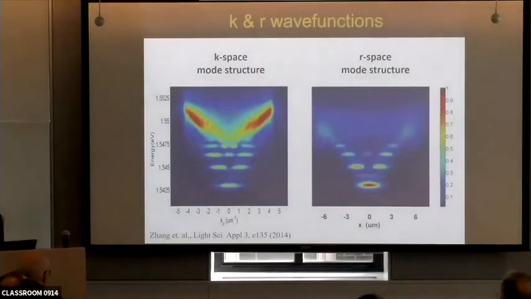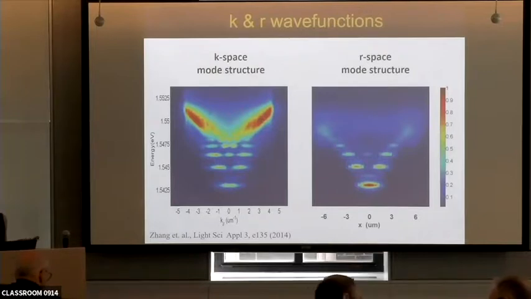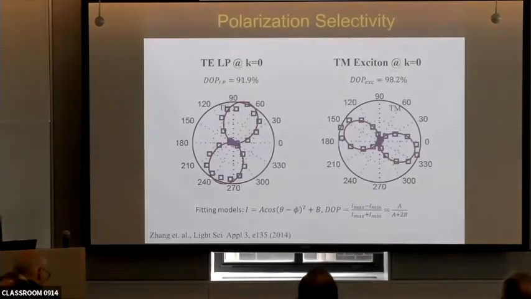So you probably all know we can easily measure both the real space and K-space properties of the polariton system by Fourier imaging or K-space imaging. And these are essentially the wave functions of the polaritons in K-space and in real space. And with the grating, we have a very strong polarization selectivity. As shown here, this is for the TE mode, and that's for the TM mode. They're very strongly linearly polarization selective, and that will become important for some experiments later.